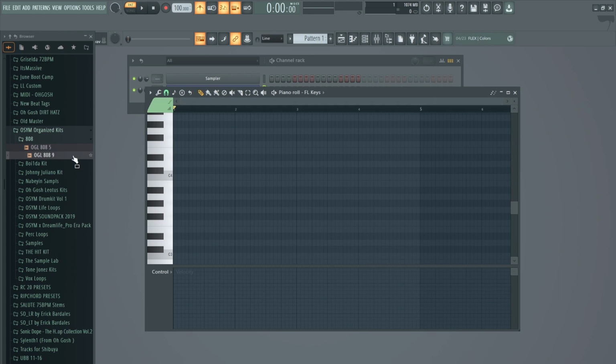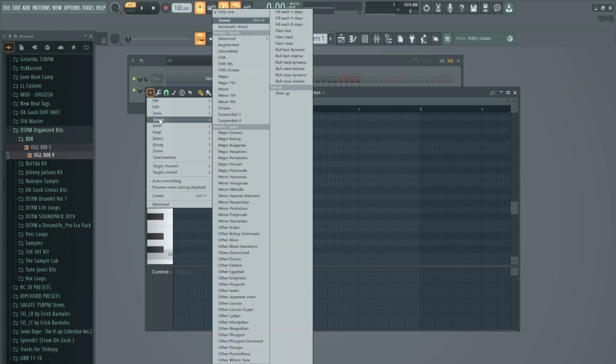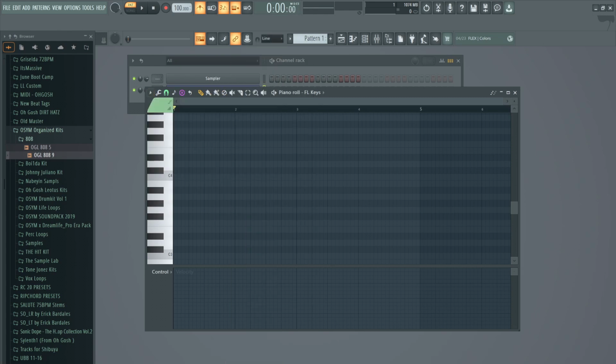So I'm just going to delete this really quick. This little arrow here on the piano roll, you click the arrow down, click stamp, and then you can click a scale if you want, or you could click chords if you want, or you could do fill each 4 steps or each 2 steps like you can on the channel rack. So like, look, if I did fill each 2 steps, it'll just put it there for me when I click,